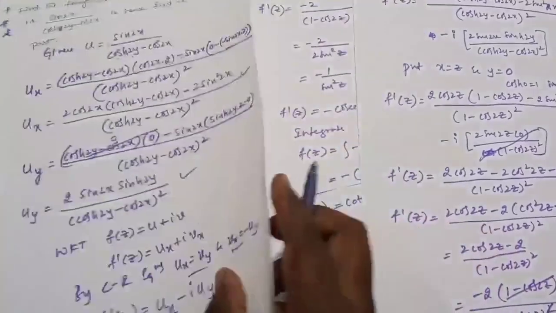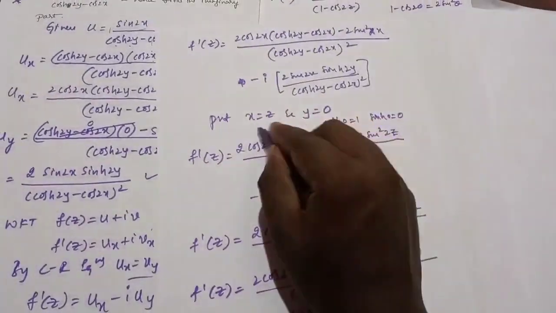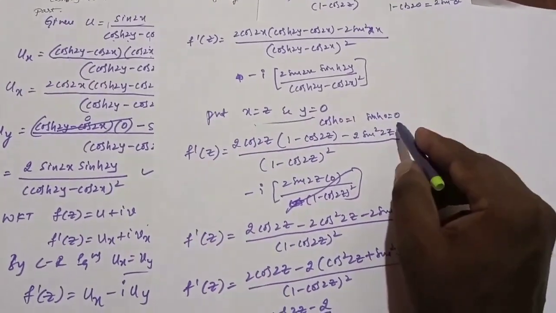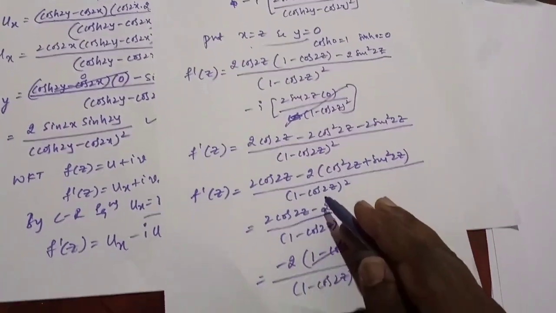So here after that by Milne-Thomson substitutions, here by using cos hyperbolic 0 is 1, sin hyperbolic 0 is 0. So by using that we have to simplify that carefully. Next,